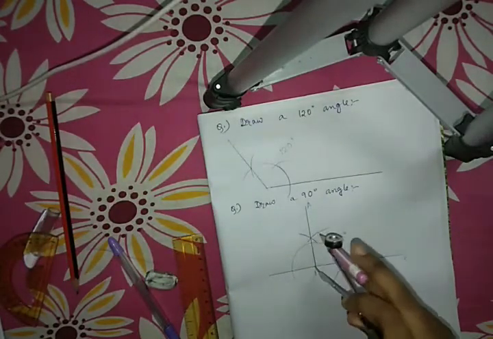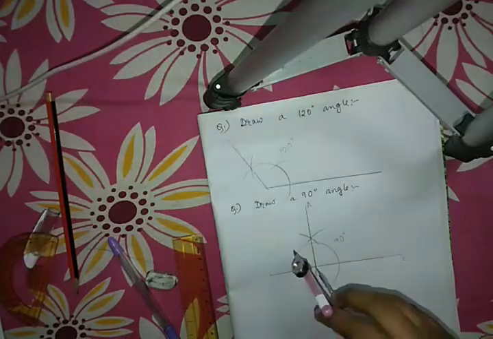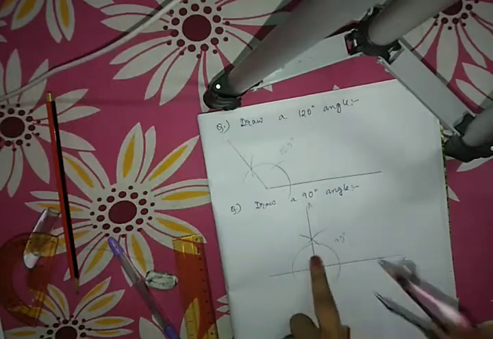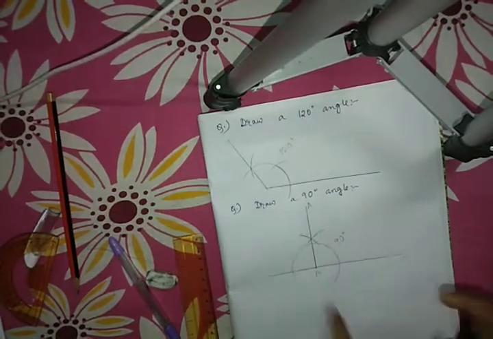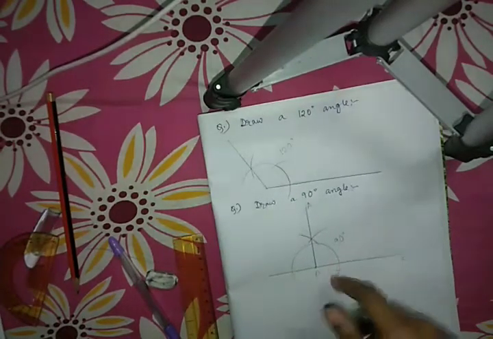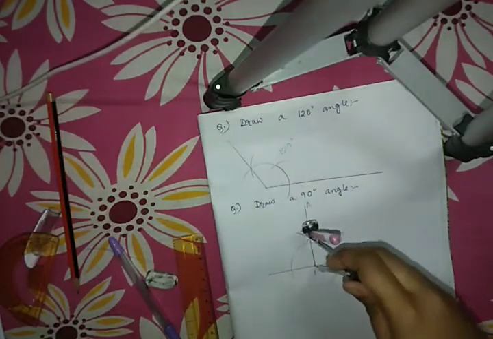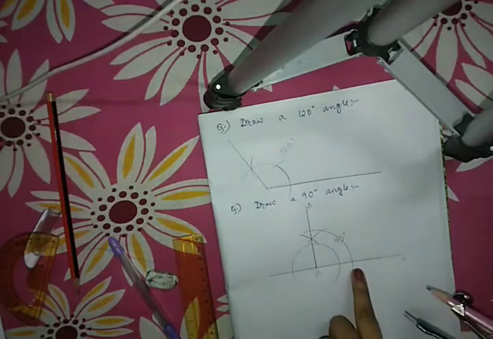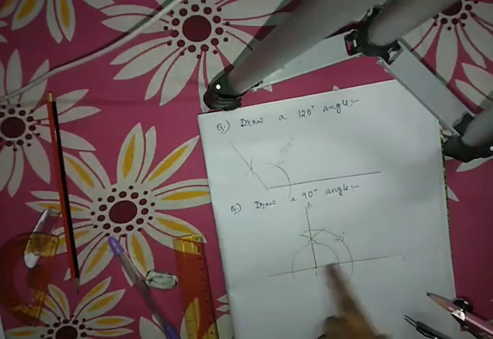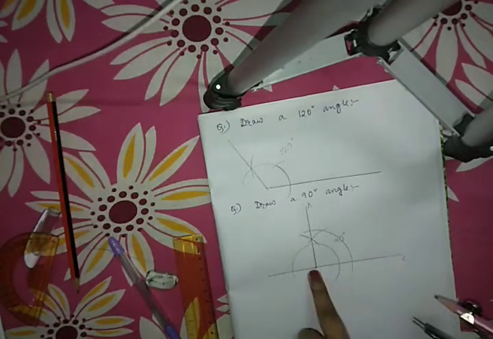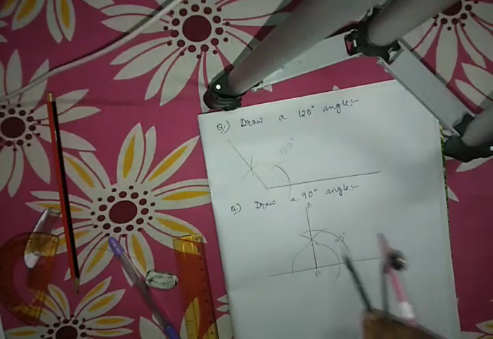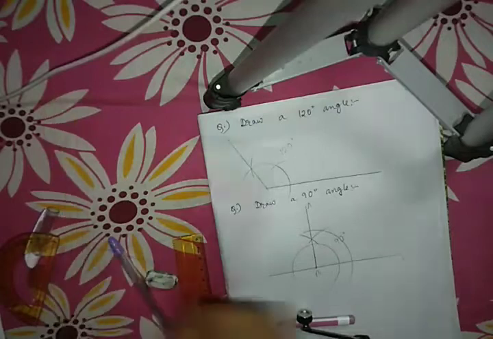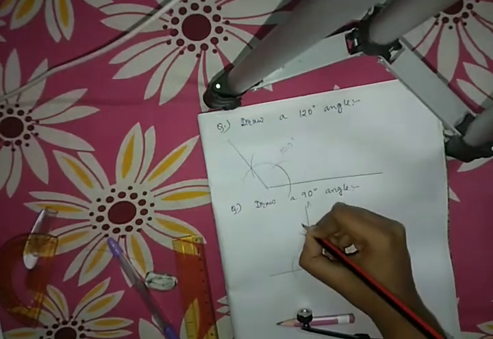First you have to draw any arc, any radius you will take and you will draw an arc. So you can use this arc also, and I am drawing another arc. So this arc is intersecting these two points, the arms of the angle are BC and AB. These two arms, the arc is intersecting these two arms at these 2 points. Suppose this point is E and this point is D.